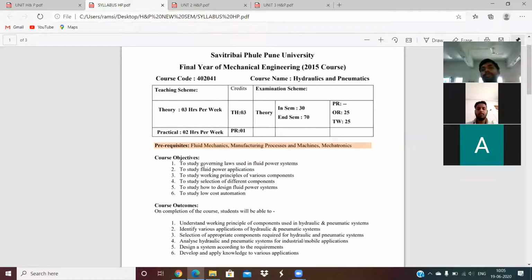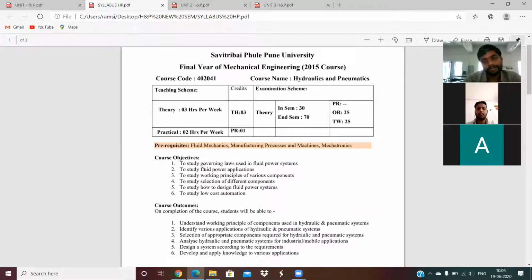All of you are very much known to the hydraulic system. We are having the subject called fluid power. In that fluid power, we are all very much familiar with the hydraulic system, but we are not familiar with the hydraulic circuits. We study about the components in fluid power. So how this complete system is studied, we will see in this subject, along with pneumatics. In this subject, we are considering gases as a fluid as well, because you know under pressure gases work as a fluid.